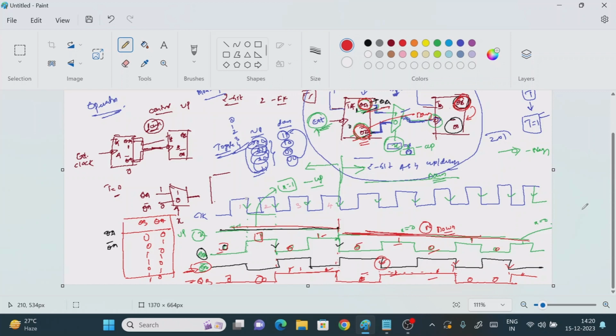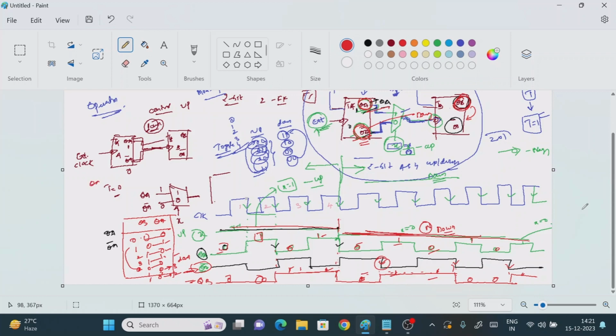So if you observe here, see the count. What is happening? First it is counting 0, then 1, then 2, then 3, then 4. After the count is completed, we are getting 0, 1, 2, 3. Here we are getting 0, 0. See here, first we are getting 0, next 1, 2. Here I have made a mistake. Then 2, then 1, 1 means 3, then 0, 0 means it is back to the initial position. After that, 1, 1 means 3, right? So 1, 0 means 2, right? It is going to perform the down counting operation.